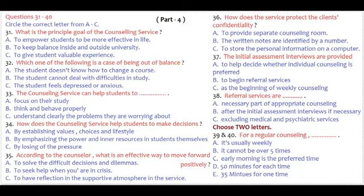Hello, sit down, please. Thank you. Well, I heard about your counselling service from a friend, and I was really interested. I'm a new student and I don't know how you work, and...